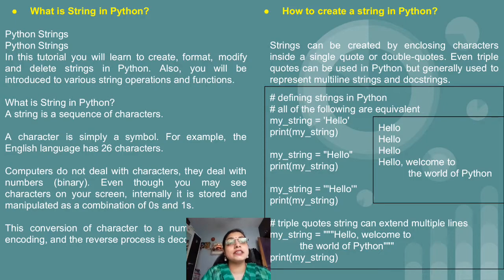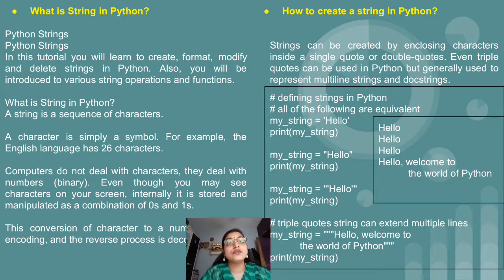Like in this case I have initialized the string as hello, welcome to on the first line, and on the second line I used the word Python, and then I completed it with triple double quotes. So the string as we have written within the 3 double quotes is displayed in the same format on the screen. So it is totally like the pre tag of HTML.